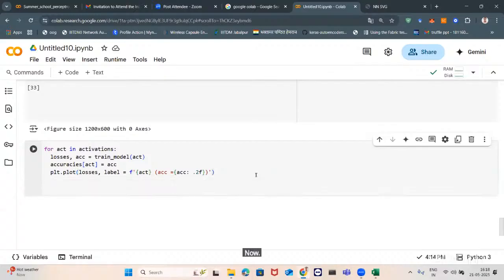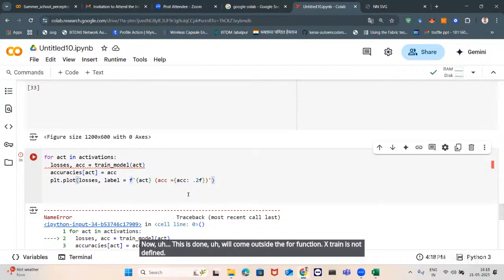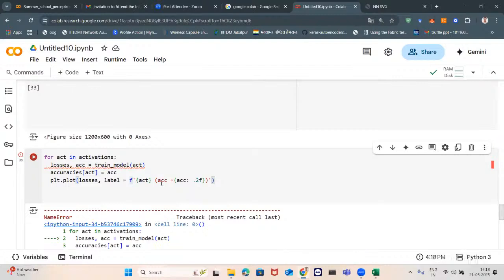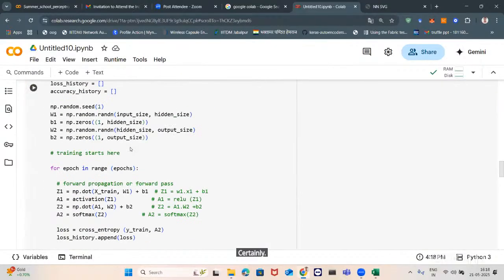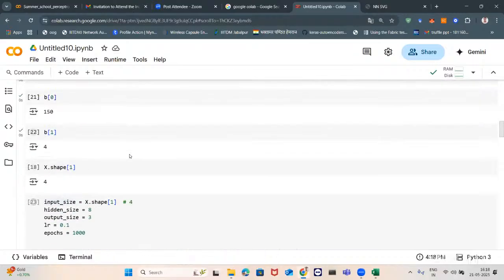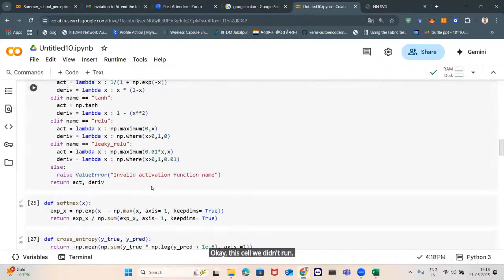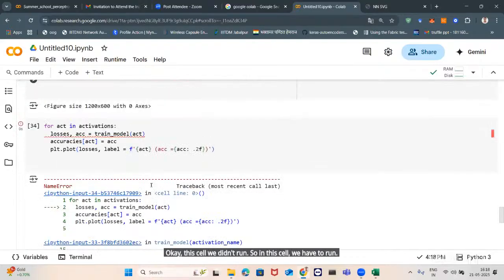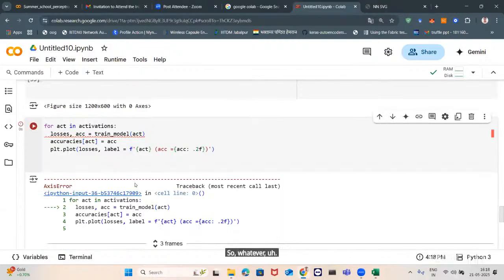Now this is done. We will come outside the for function. X train is not defined. Okay, losses, X train. Okay, this cell we didn't run. So this cell we have to run. So whatever, yeah. So losses is something